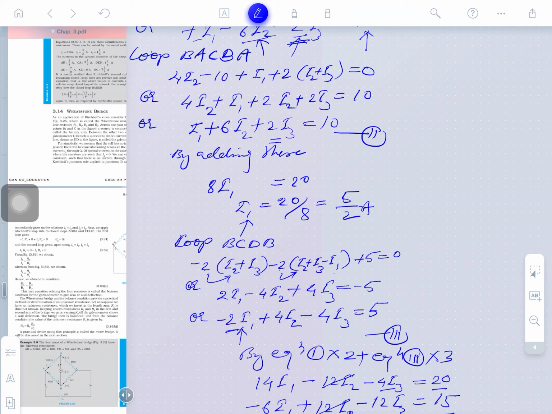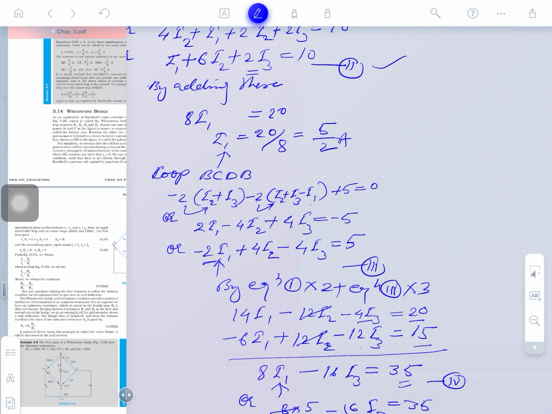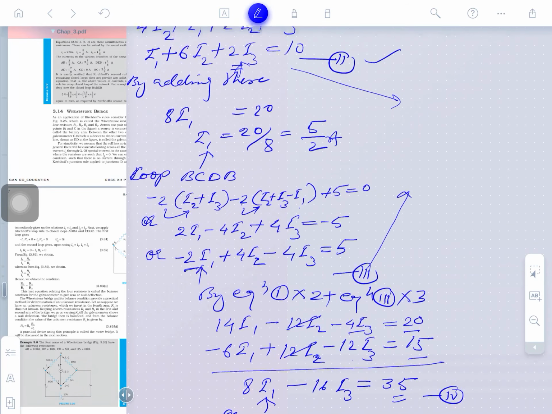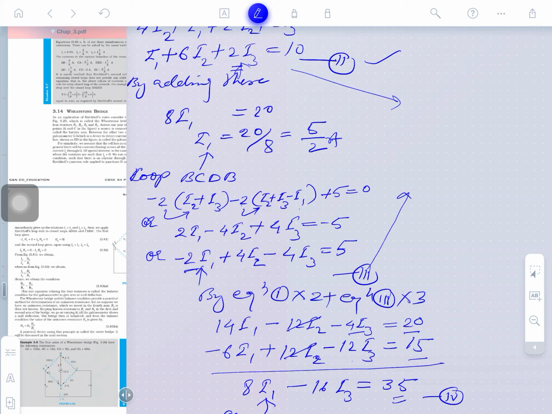Is the second equation. Okay, it is the second here, and where the third, this is third. So second and third can be used here. Okay, this is second and this is third. So second is to be multiplied by, it's 4I3 and 2I3. So second is multiplied by 2. We can multiply this by 2.